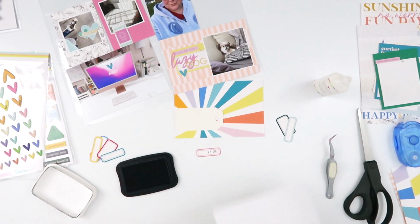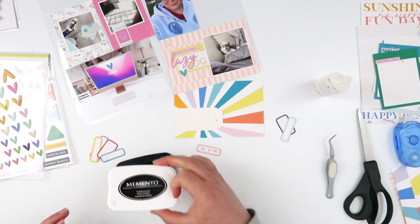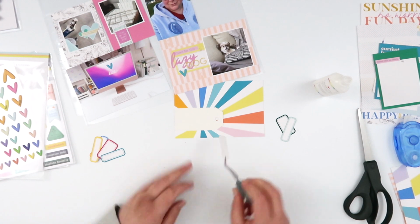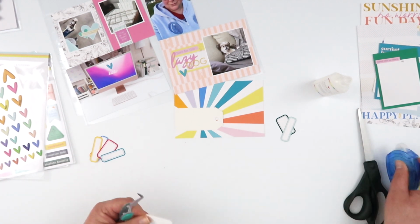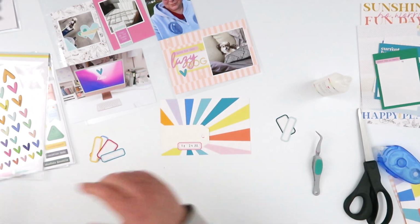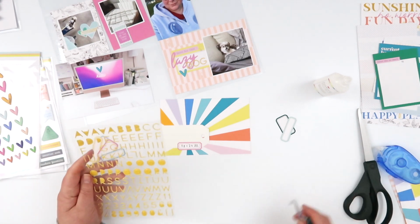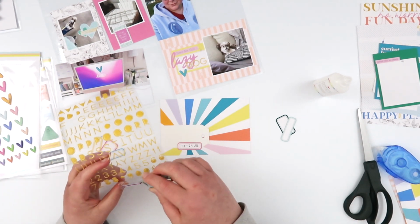Plus I know I want to use those yellow alphas again, so again I want to kind of just balance out those colors. Now because the little tag that I'm sticking this label over top of is going to make it a bit bulky, I did my stamping first. Usually that's a last thought, but I added this in first so that I could hear the tag down,